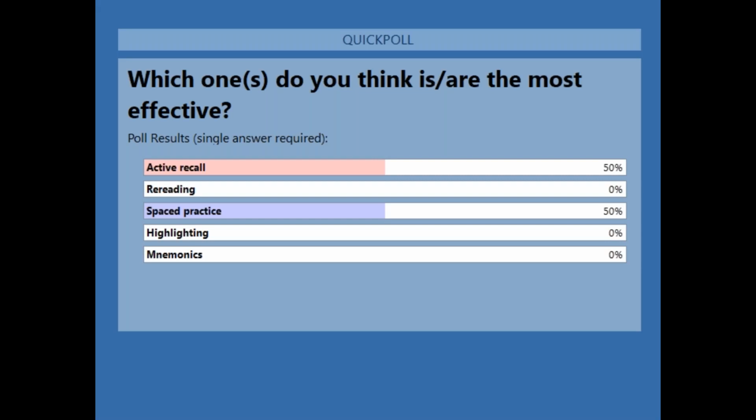So as I expected, I did think that there would be a mix of responses. However, I'm quite pleasantly surprised that actually, yes, we've got 50% that think that active recall is one of the most effective, and spaced practice. Now, I just want to say at this point that all of them, or a mix of these techniques, can be effective as long as you're considering learning styles and stages of